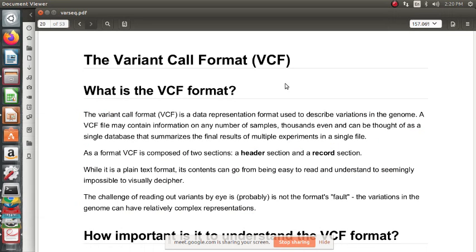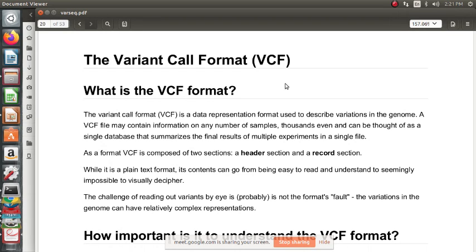The variant call format is a data representation format used to describe variations in the genome. A VCF file may contain information on any number of samples, thousands, and a record section.